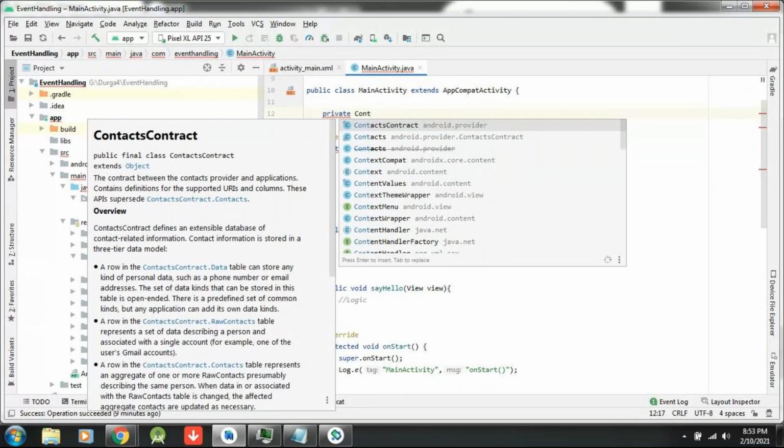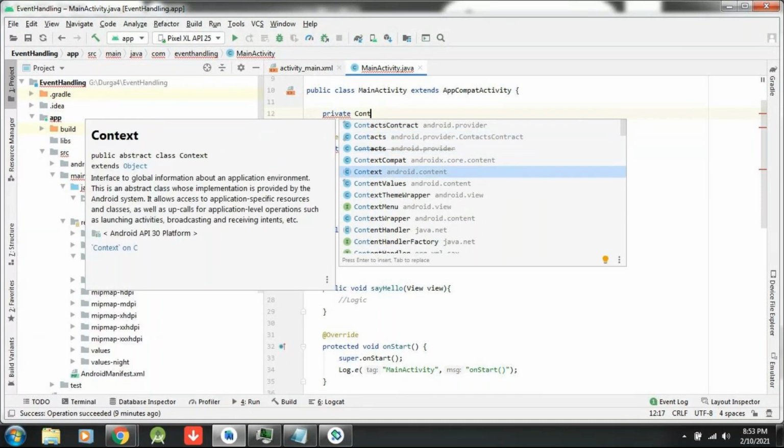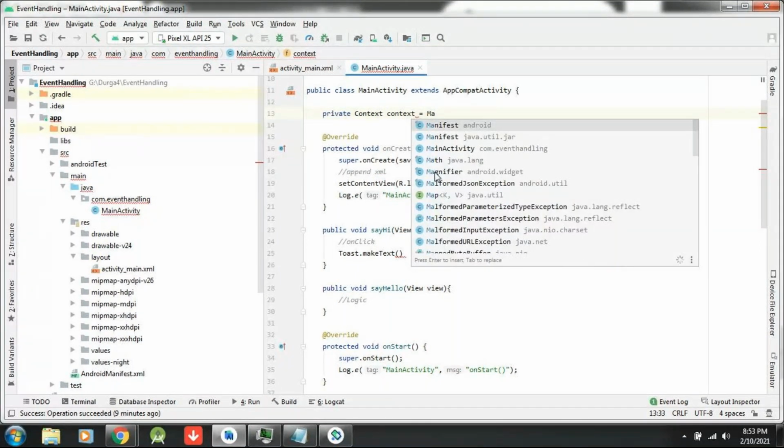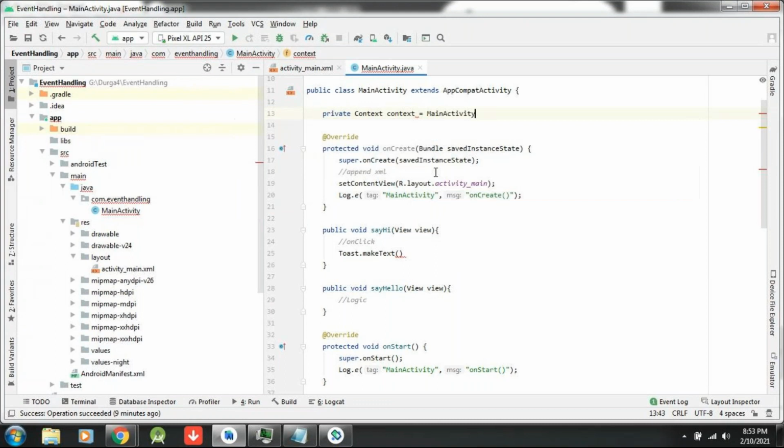I'm creating a context variable. Here it is available, right? Context. So this variable name I am giving context. What is the variable name? What is my class name? That class name dot this I have to write. So what do you mean by context value? Context value is nothing but your class name.